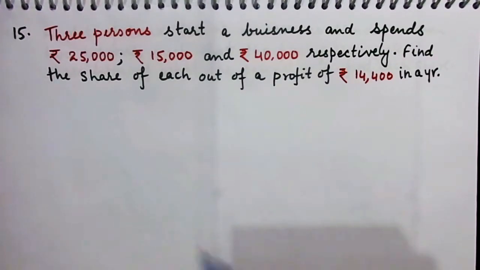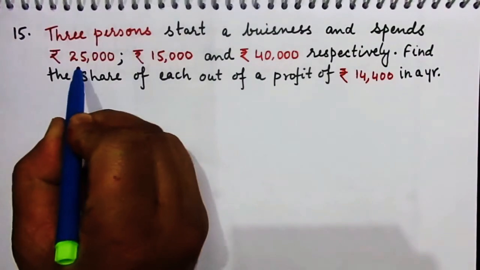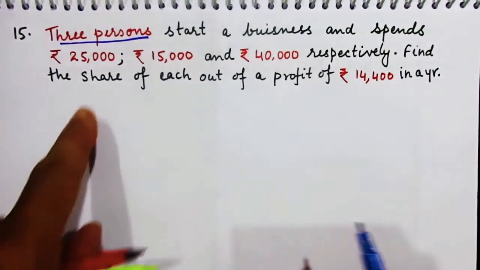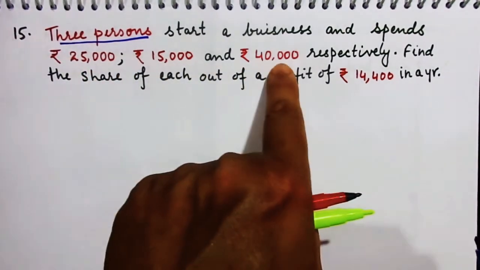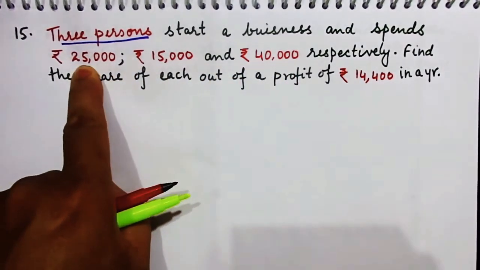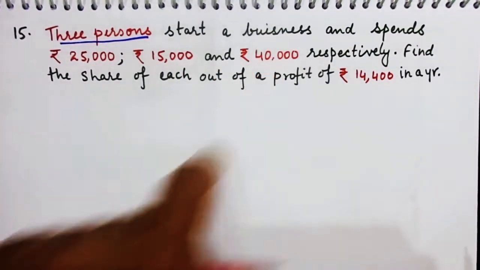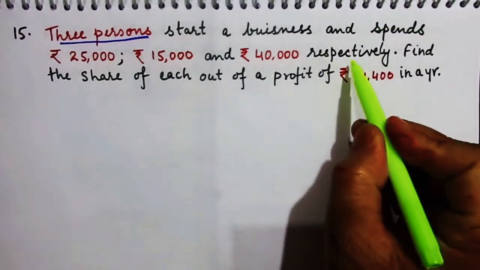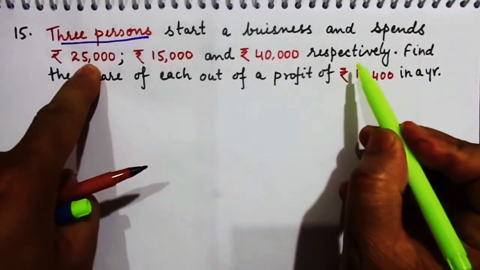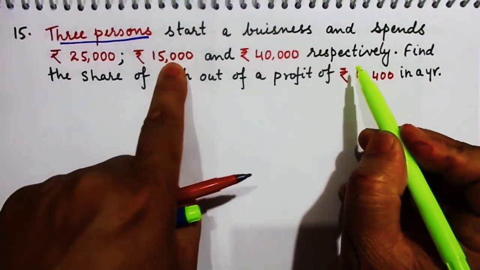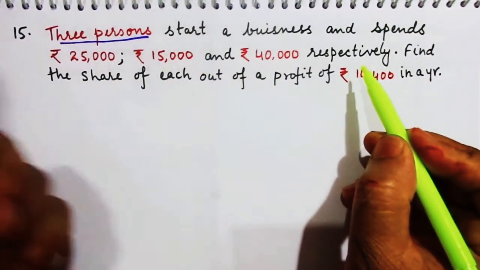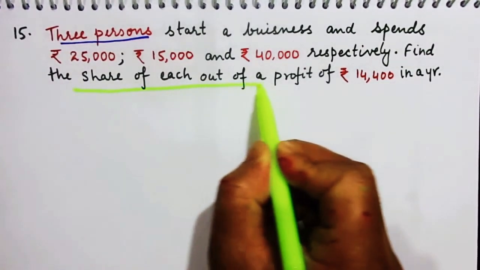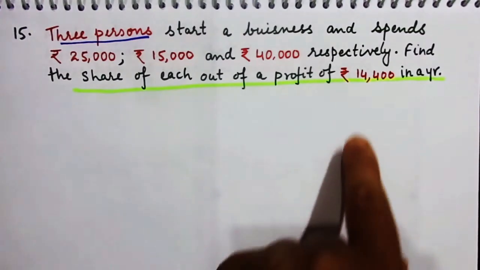So 3 persons start a business and spend rupees. Of course, when 3 persons start a business, each of them will spend some amount of money, and they have clearly mentioned 25,000, 15,000 and 40,000 respectively. The word respectively means that the first one is of the first person, second part is of the second, and third is of the third person. Find the share of each out of a profit of rupees